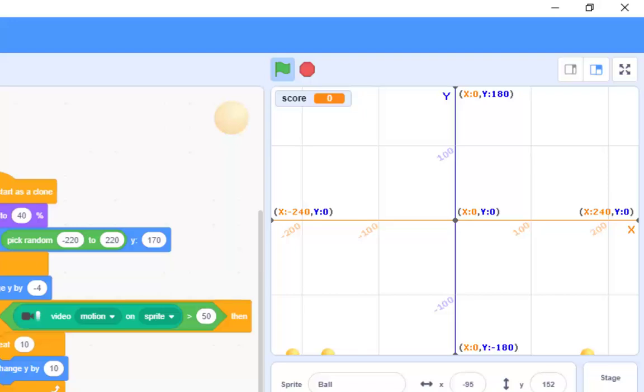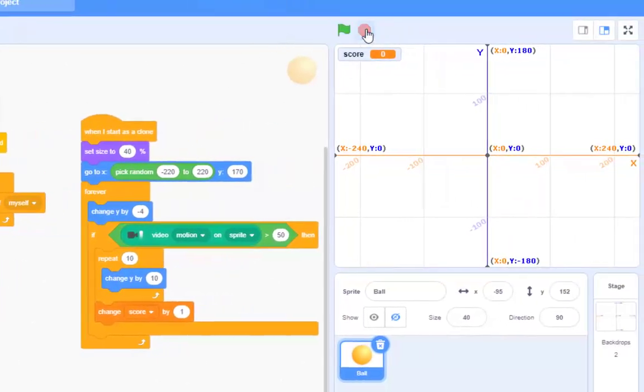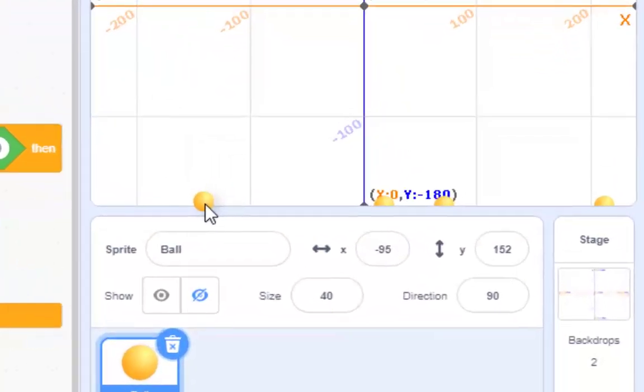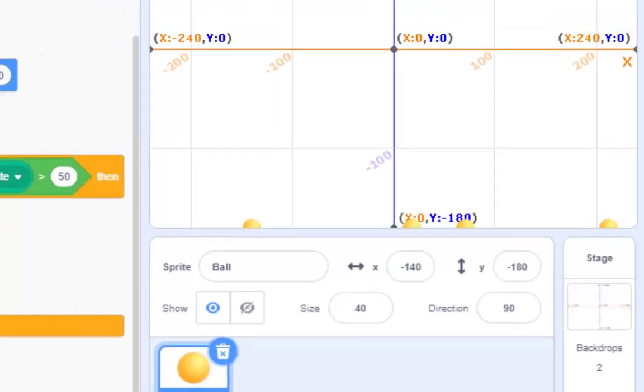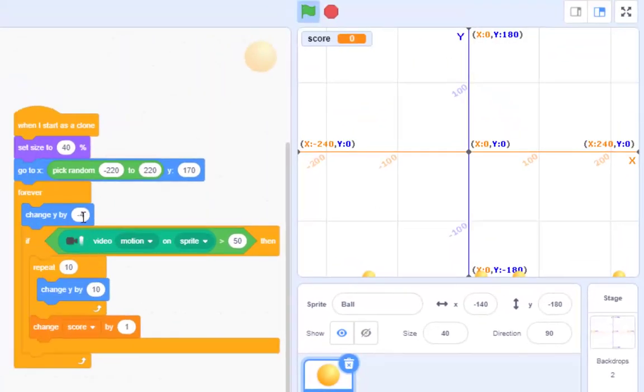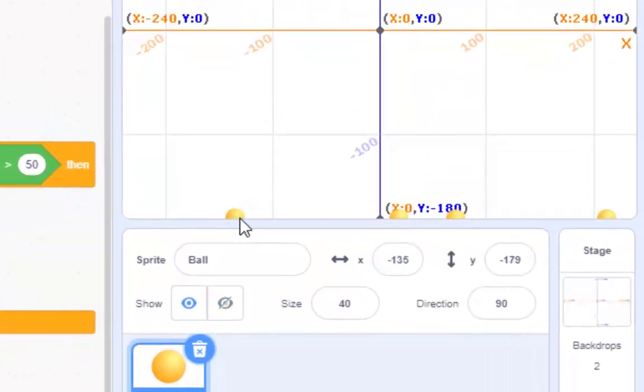Now, here's the thing. I'm just going to take the hide away for a moment and leave that there. So now we can actually see the original ball and the three clones. But the reason for doing this, I actually want to use the original ball here. Now, when the original ball gets down to the bottom of the screen, we know that its Y value is going to be, well, we don't know if it'd be exactly minus 180. But as the ball is only moving in steps of 4, we do know that when it gets to the bottom of the screen, its Y value must be, well, I won't get too complex, but it's going to,